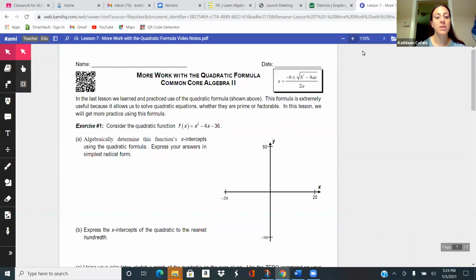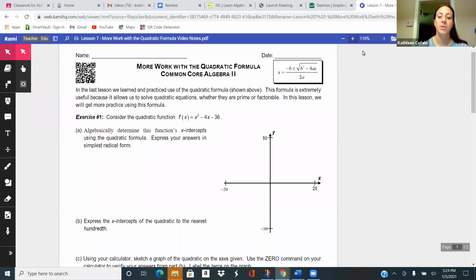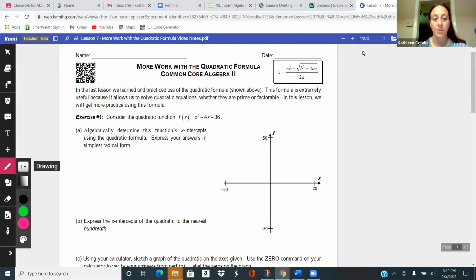So today we are going to focus a little bit more on the quadratic formula and take a look at it graphically and see what else we can do with this formula. So we have the formula again up at the top in case we forgot it. Again, good thing to commit to memory. And in the last lesson, we had practiced the formula itself. In this lesson, we're going to practice a little bit more, but we're also going to see how it